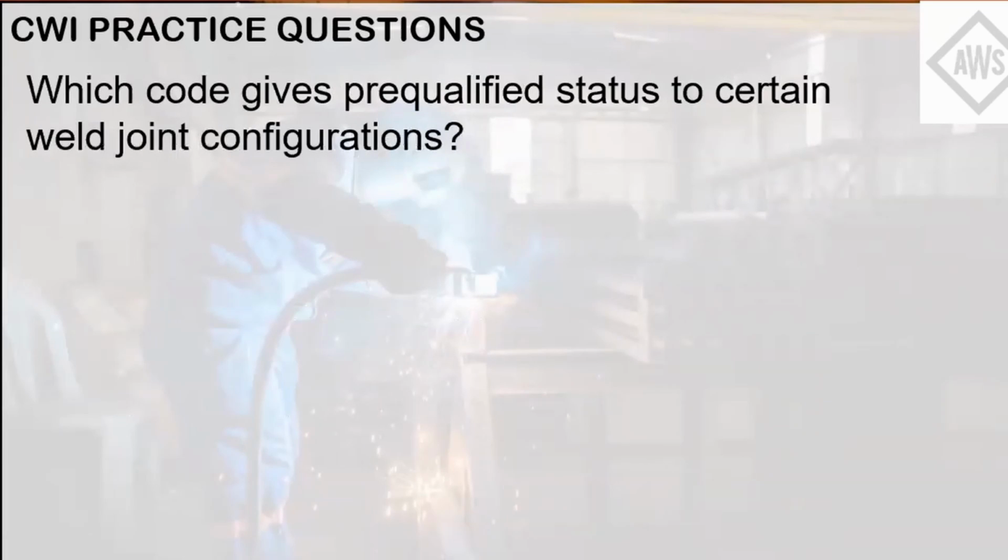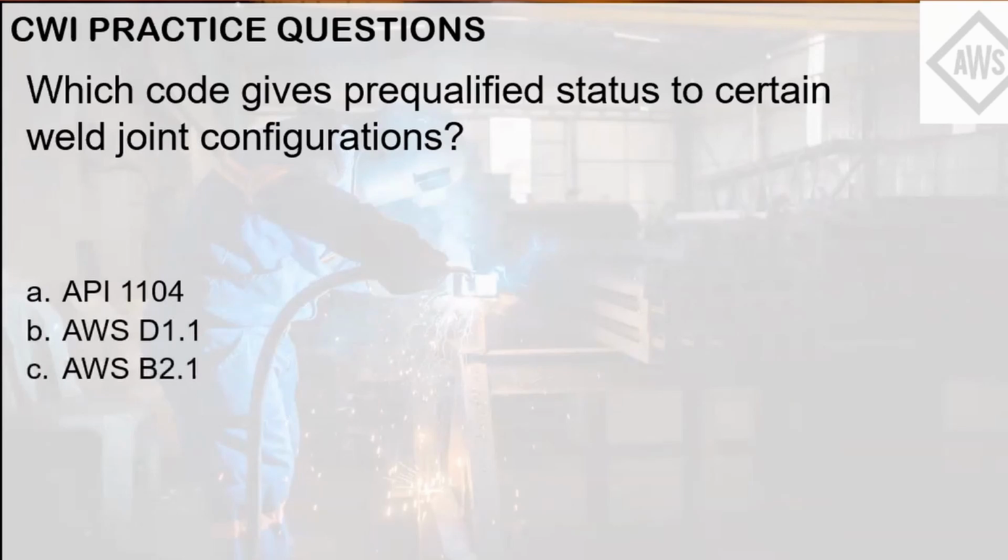Next question. Which code gives pre-qualified status to certain weld joint configurations? Letter A, API 1104. Letter B, AWS D1.1. Letter C, AWS B2.1. Letter D, ASME 9. So the code that gives pre-qualified status to weld joint configurations is letter B, AWS D1.1. Actually, the structural codes, such as D1.6 and others among the AWS list, have pre-qualified joint configurations,